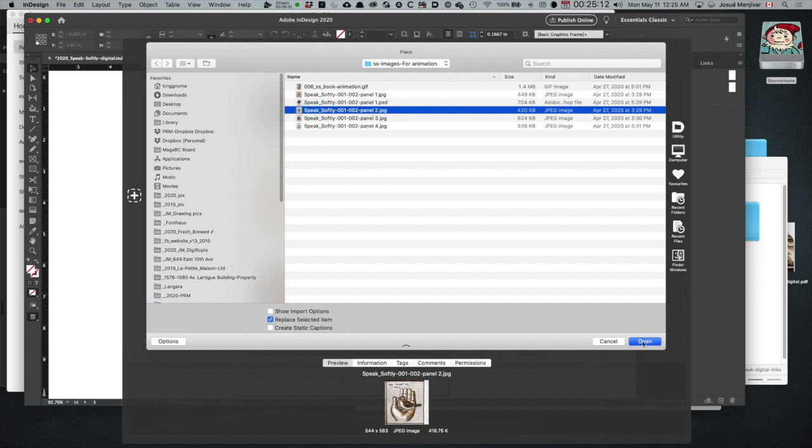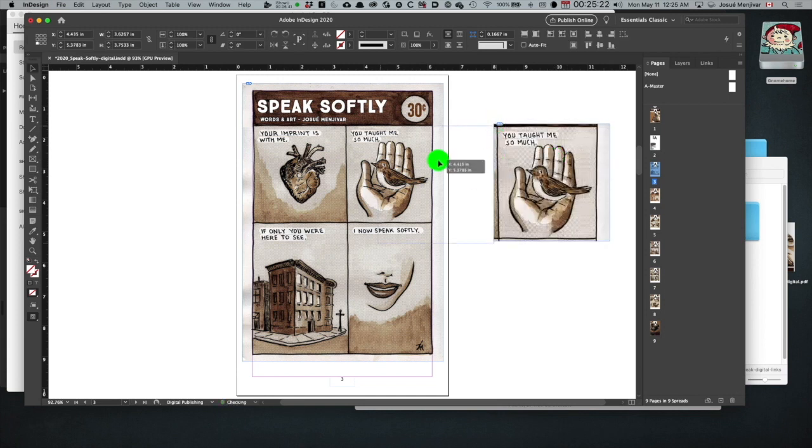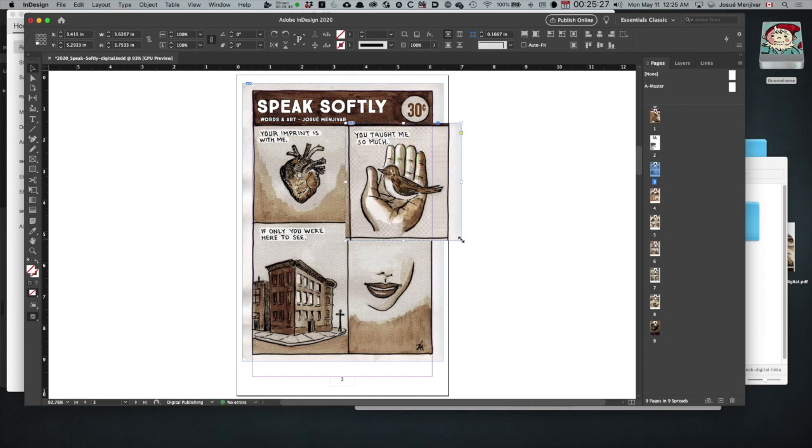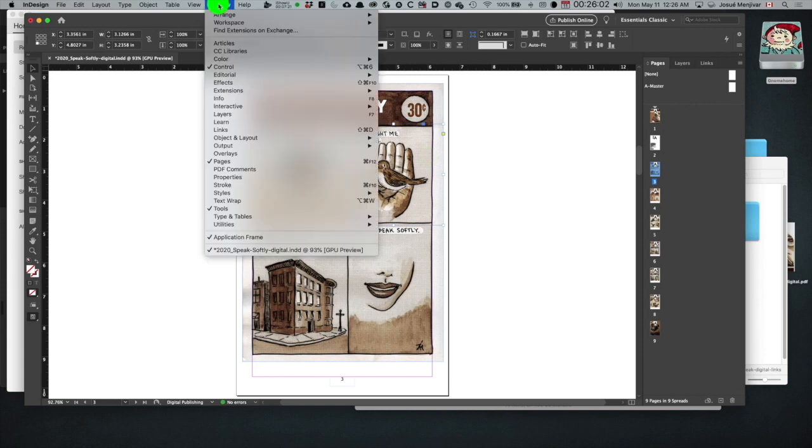panel 2. So what I did was I processed all my images, so I cut up individual panels of each on the page. So here's this panel, and what I'm going to do is I'm just going to put it here, and make it, by hitting Shift Command, approximately the same size as the other one. It doesn't have to be perfect, but what you can see is I have put one on top of the other of the original page, and while this is selected, I will go to my Window,